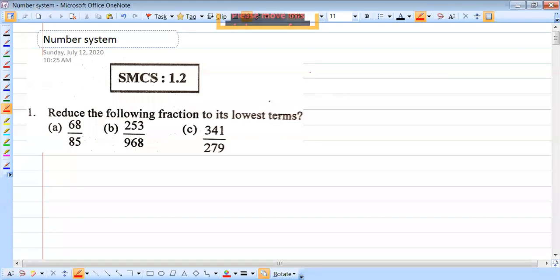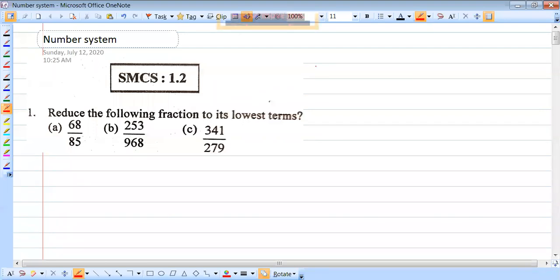So let me explain to you how to reduce a fraction into its lowest form. If I explain only one question, I think you people can do the remaining questions on your own, because all those questions are very easy. And if you face any difficulty in between, I will let you know how to solve those questions. Hope you understood that. Good. So question number 1.